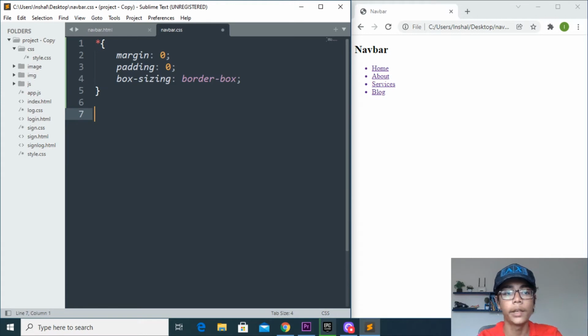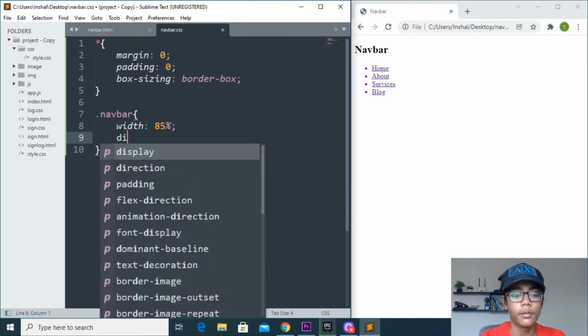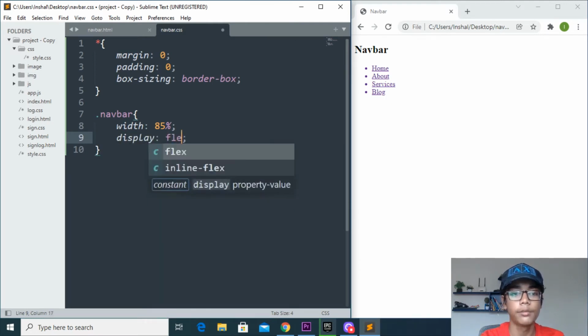Now I will be moving down, and here I will be just doing one thing. I will be writing navbar. So write here navbar, but you have to write .navbar because it was the class and div which we have defined. And here I will be writing width 85%. And when you've done that, just I will be writing display, which should be flex.